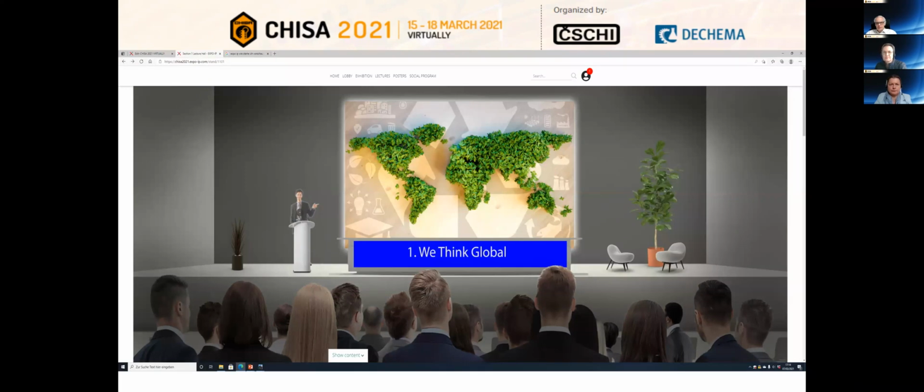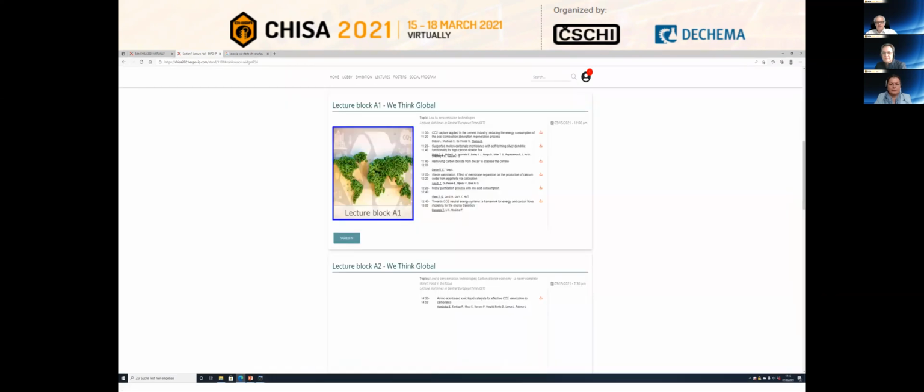The same holds for the sections, for the topics. You enter the topic room, then, for example, here the first topic, we think global. You find a nice display of what is going on in the green field here. And by clicking on this one here, it's also blinking in the full version, you find information about the program and what is going on. And then when you click on this, if it's currently running, then you are in the session, and you can attend the lecture.